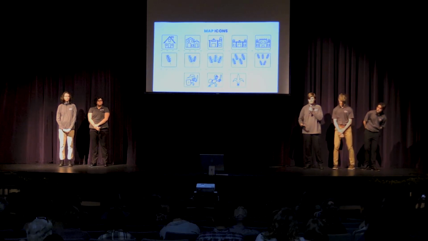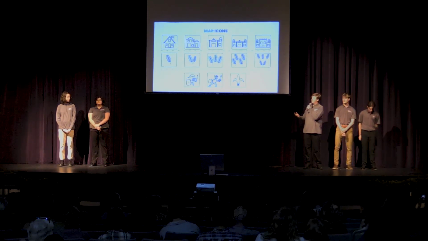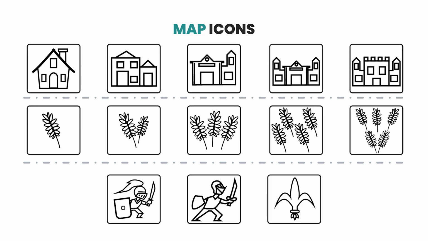I was responsible for creating multiple icons that represent the various aspects of the simulation. I started by creating one of the most important ones, the town level icon. Players can use town level to upgrade their wealth and their food production. The icon itself starts as a simple medieval house, but over time, as they upgrade their town level, it becomes a large building with more windows, walls, and fortifications.